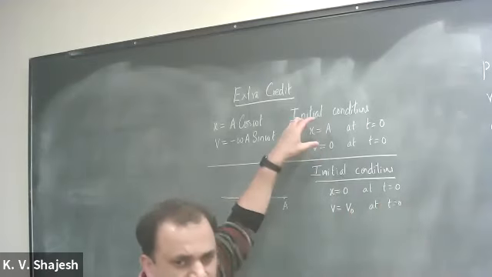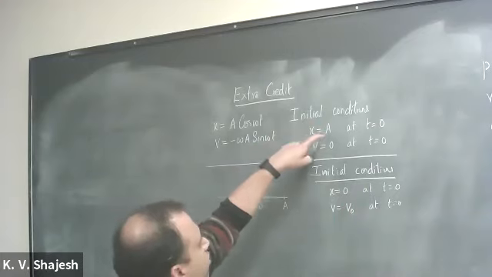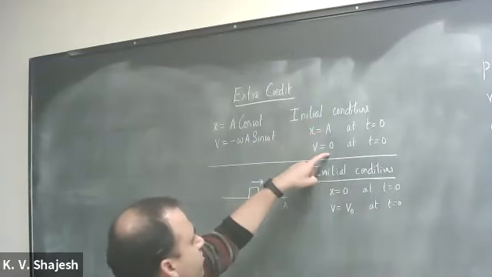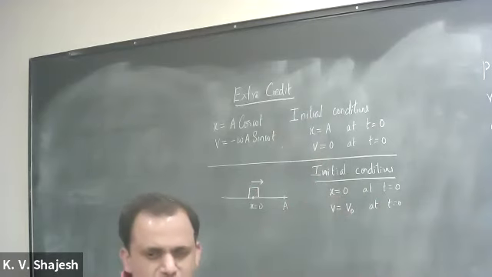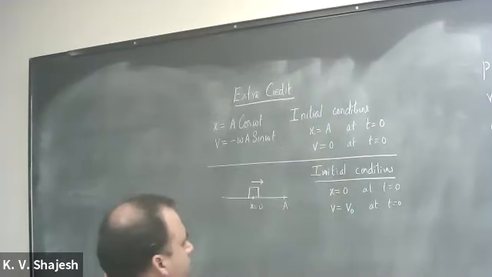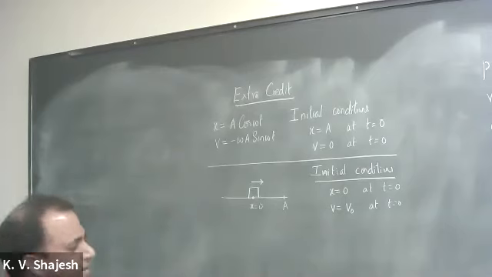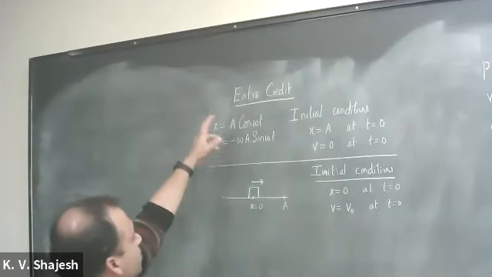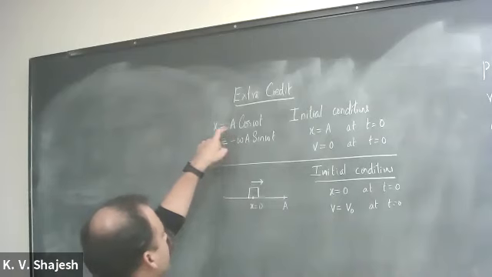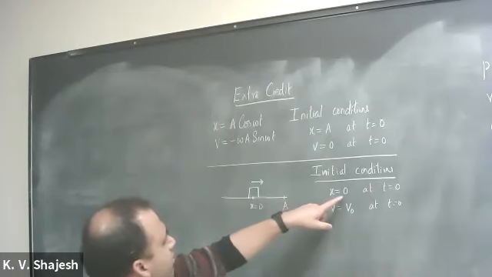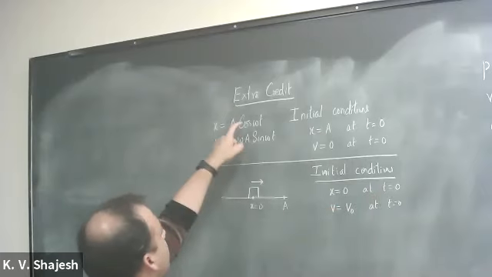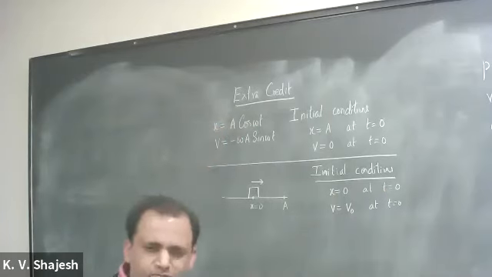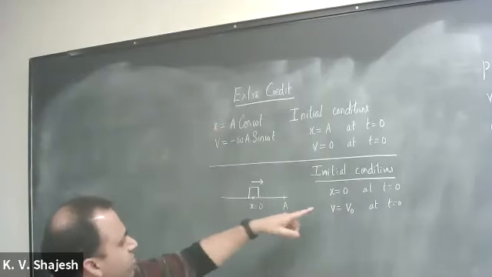And pretty much the opposite of what we did here, right? Here, x was a maximum, v was 0 at time t equal to 0. We flipped it. x is now equal to 0, v is equal to maximum at time t equal to 0. And the question is, how will the solutions change, right? Clearly, this cannot satisfy this because at time t equal to 0, x should be equal to 0, and cosine is a maximum at t equal to 0. So that's not satisfied. So you have to change this to get that.